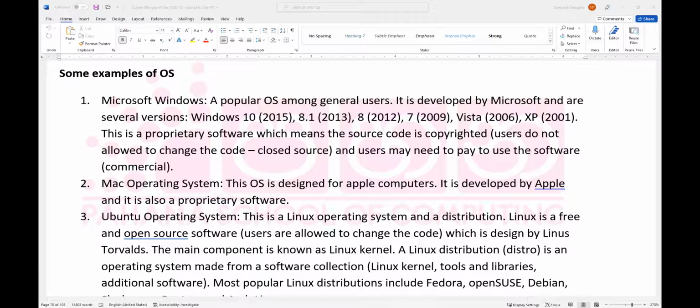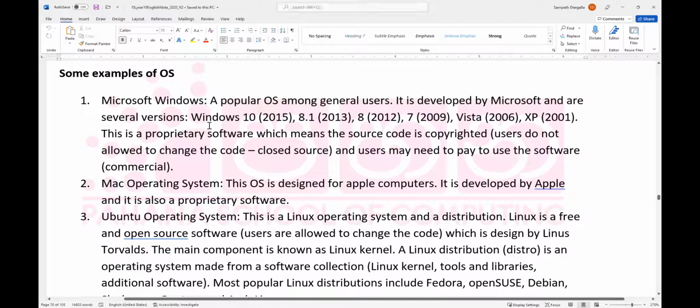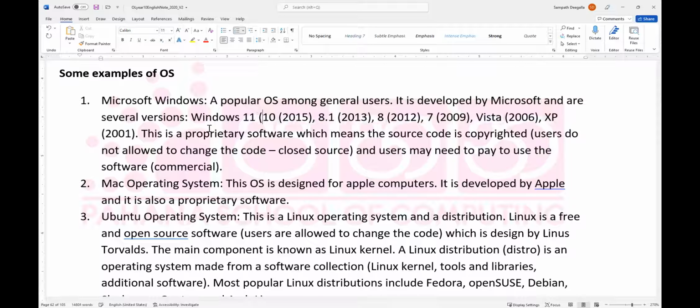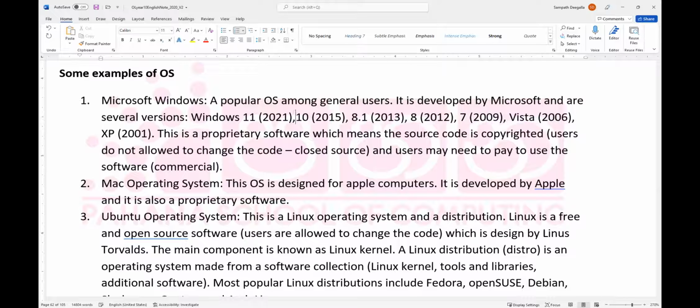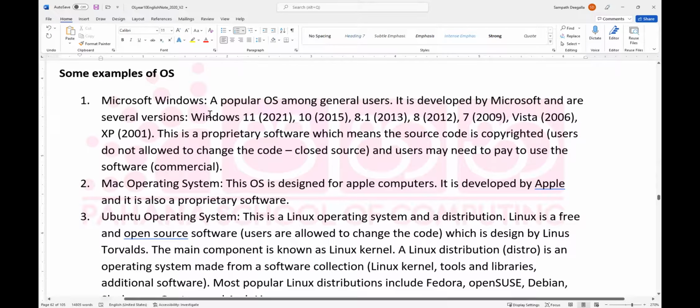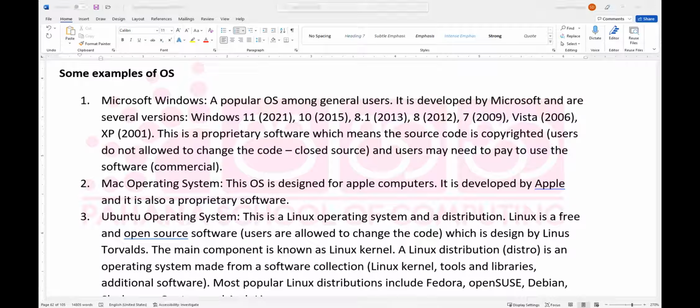Let me first of all change this. Windows 11 came in 2021, isn't it? October 2021, and then Windows 10 in 2015. Yes, that's how it goes. And then if you look at the market share, meaning like now we have already seen,